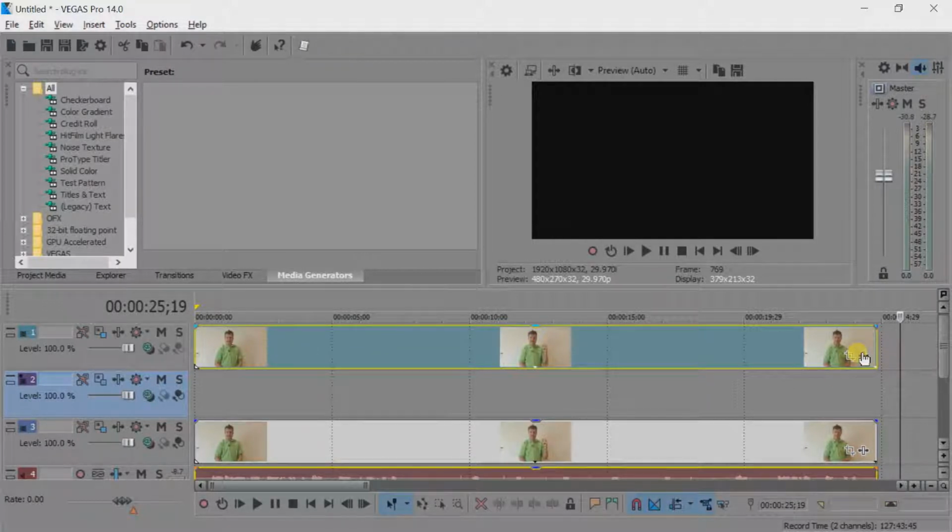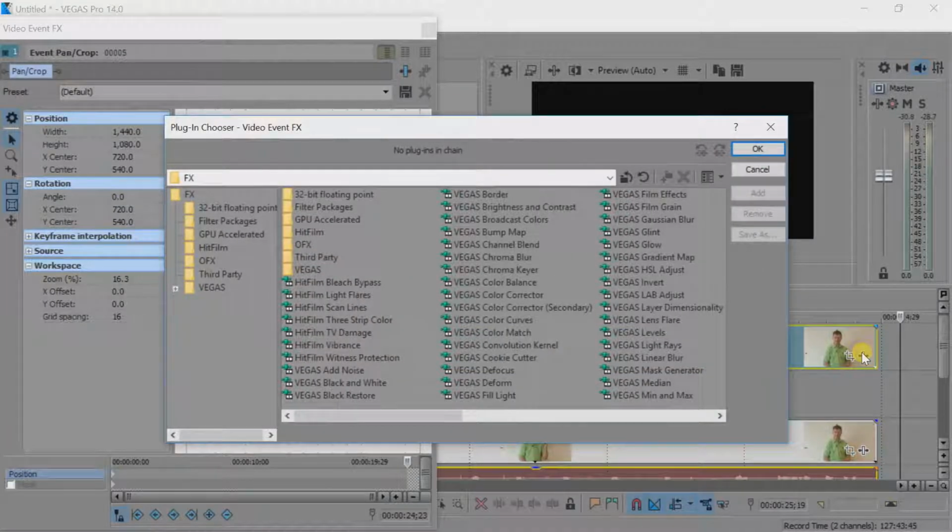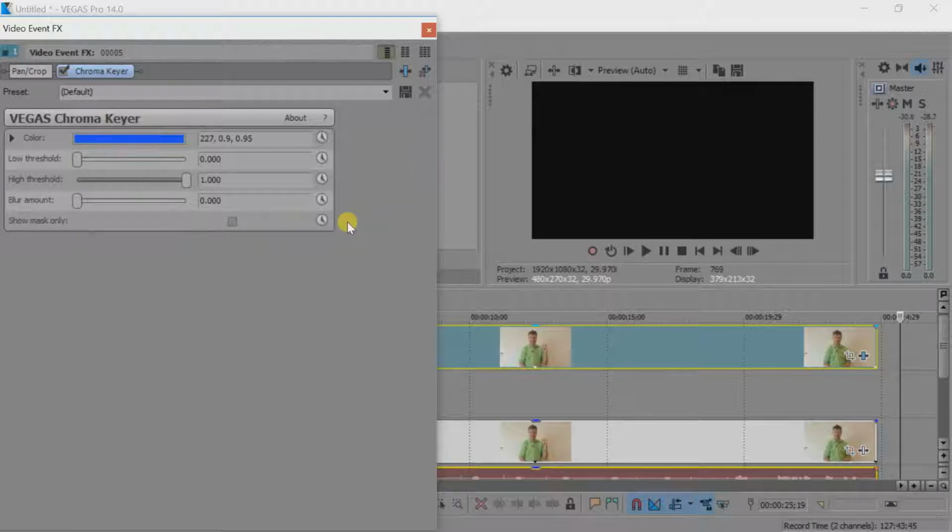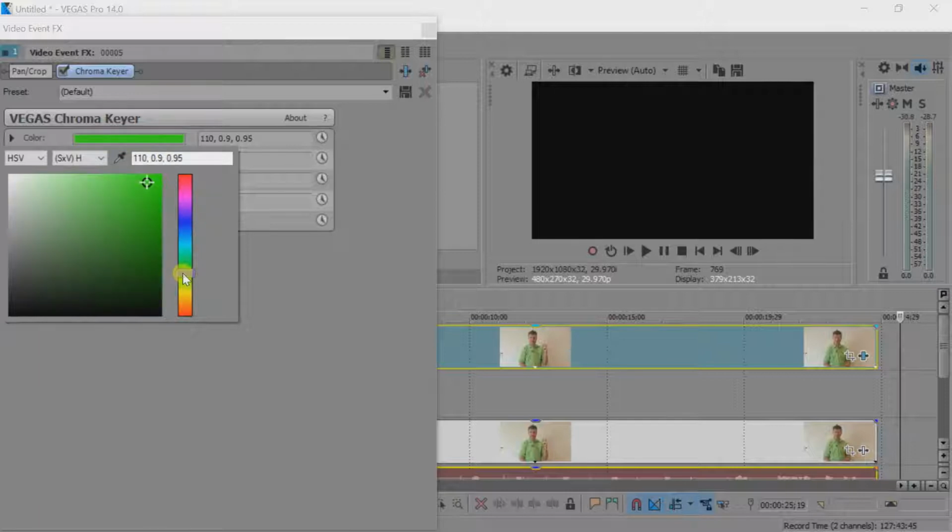So we'll go to our video event FX and we'll open Chroma Key. There it is, Vegas Chroma Key. Double click on that and OK. So now we need to establish which color we're going to take out of the picture, and in this case it's going to be the green. So let's go to the green and let's pick a green color. That's not too bad there. We'll try that one,